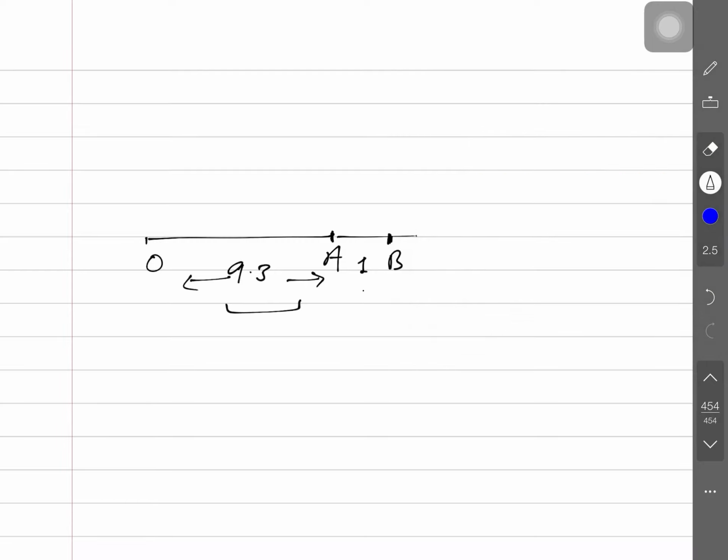Perpendicular bisector: at this point you will put the compass, cut an arc here, and here also, cut an arc, and join these two. If we join them, we'll obtain the middle point here. This is the middle point. Clear? Name of the point is P.